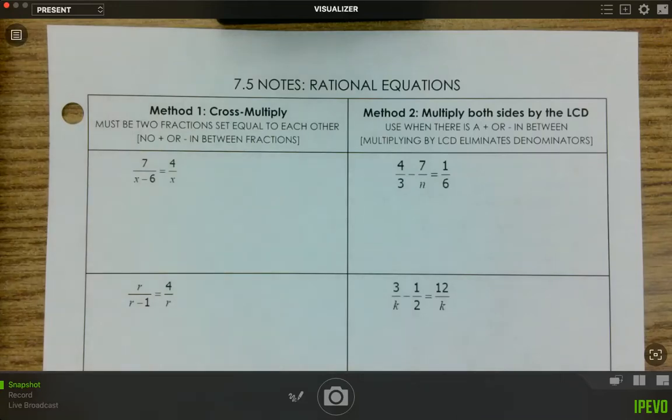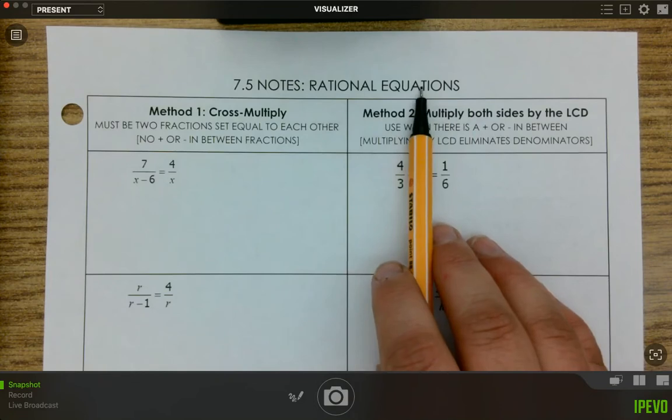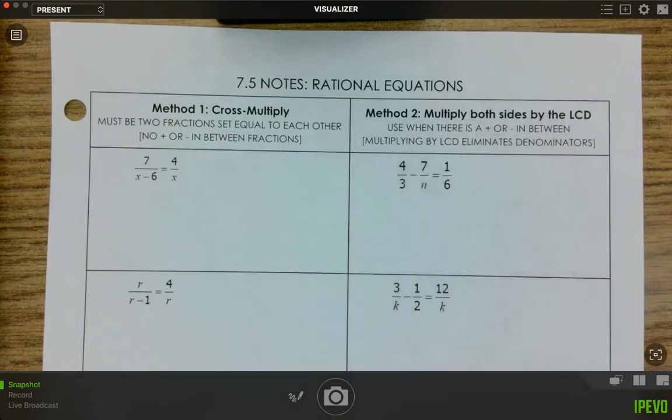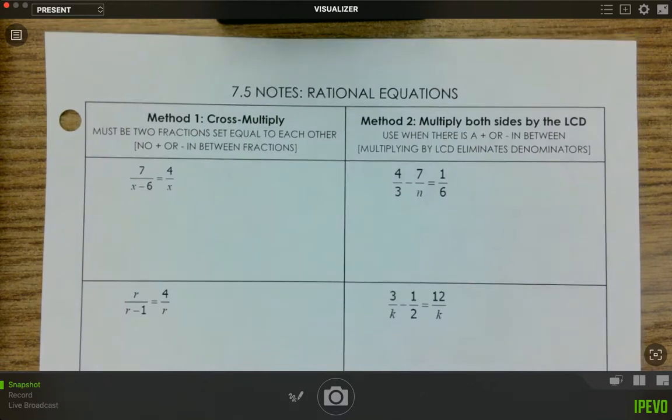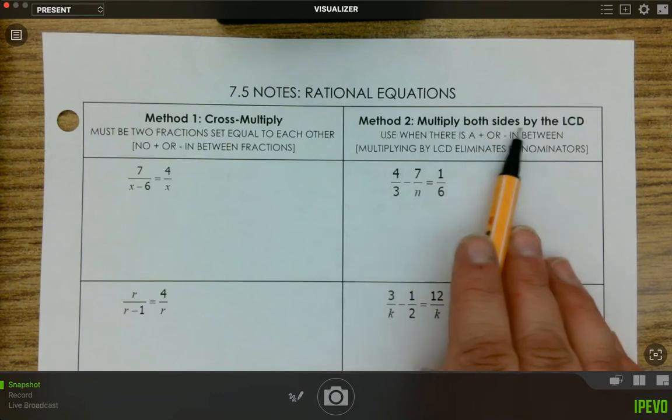Welcome to the 7.5 notes. We are going to be talking about how to solve rational equations. And there are two main methods you can use to get rid of your fractions in order to solve the rest of the equation. I'm actually going to start with method 2, and that is called multiplying both sides by